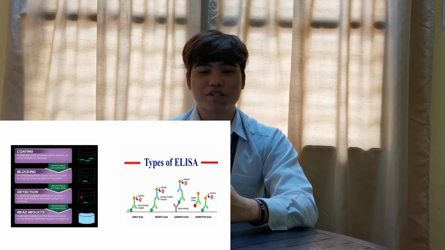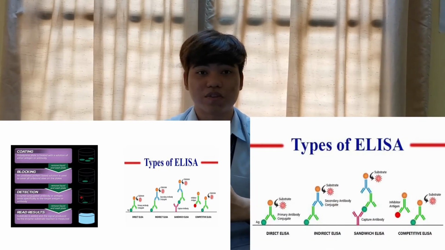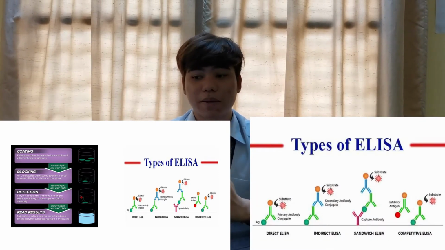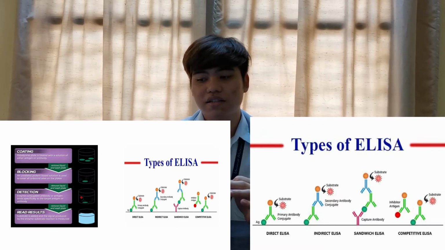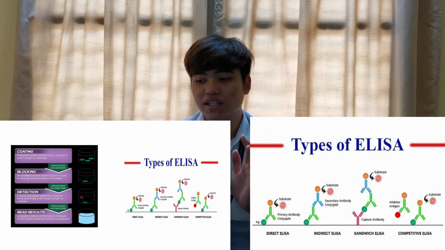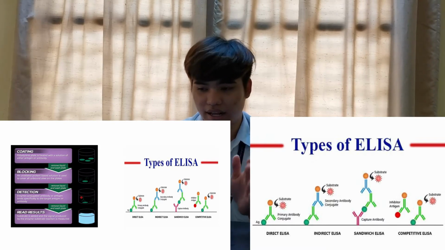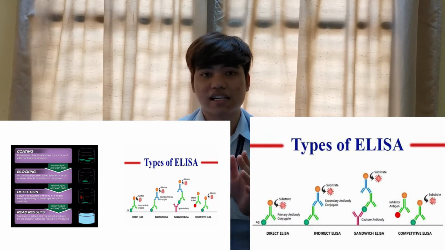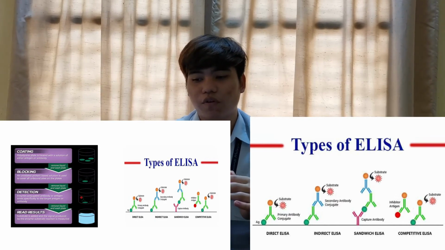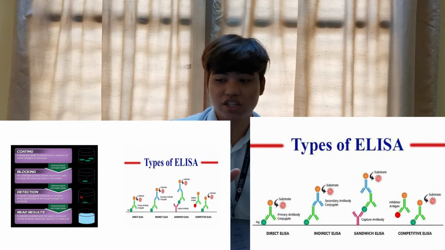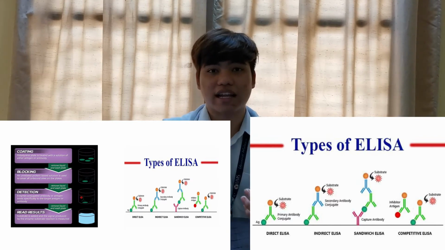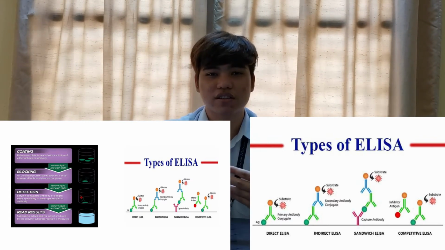So next, I will present the types of ELISA involved in this assay. There are 4 types: direct ELISA, indirect ELISA, sandwich ELISA, and competitive ELISA. We look at the direct ELISA first. In direct ELISA, the antibody for the sample will attach to the antigen, and the substrate is given,